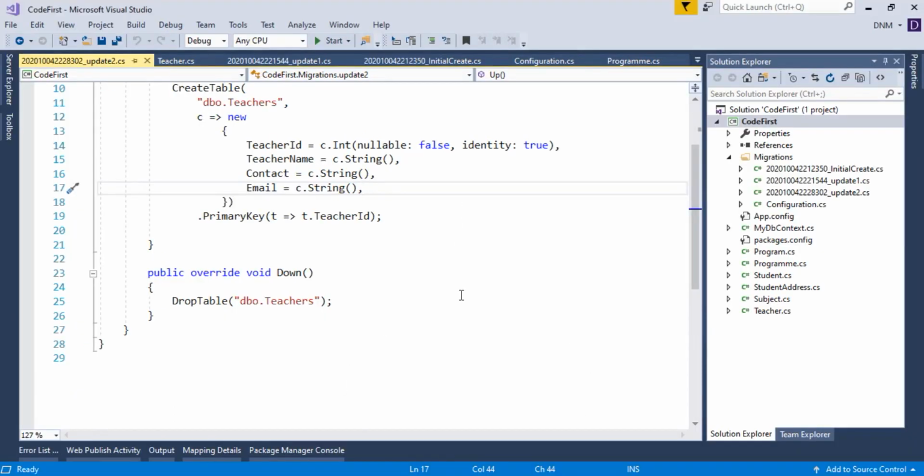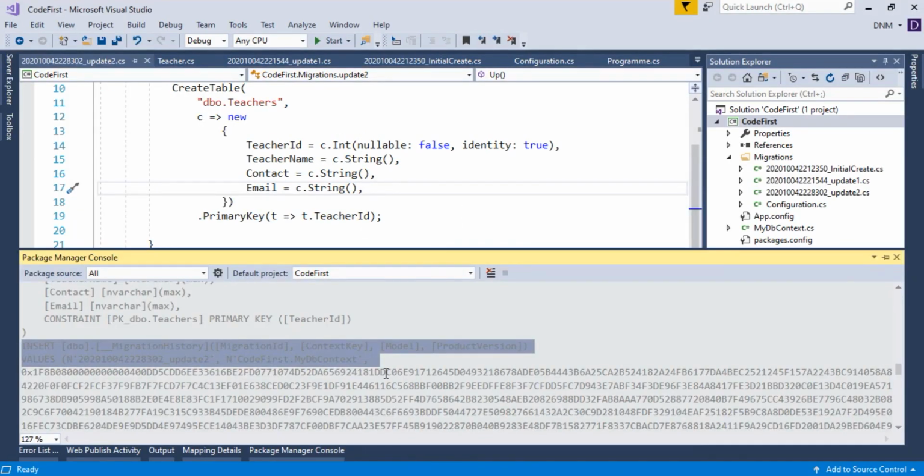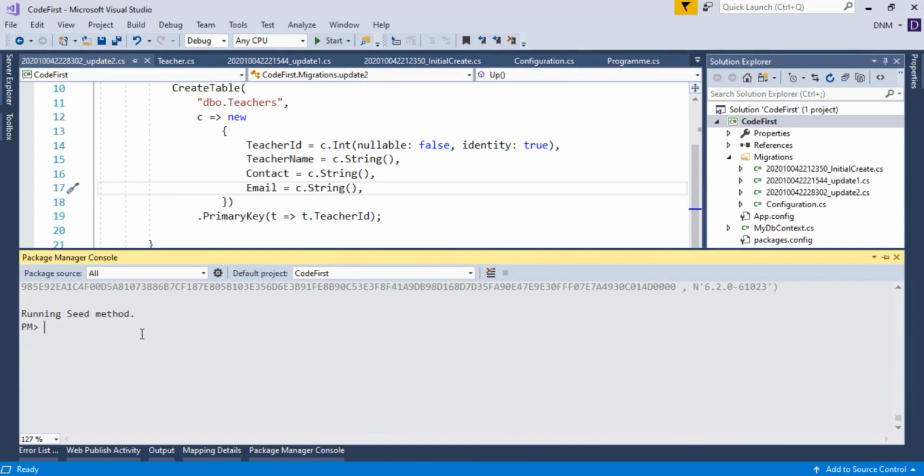Let us switch to Visual Studio. So again I am going to the Package Manager console. Here I have to execute update-database, then -TargetMigration, and then you have to specify the name of the migration to which you want to roll back. So I want to roll back up to update 1. So I'll specify this name. This name and whatever is in the database are both the same. Okay, so let me specify it and just hit the enter key.